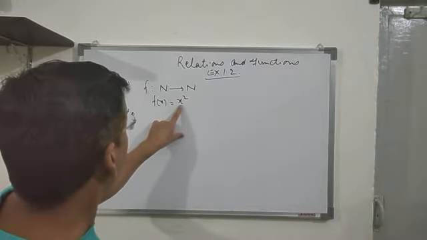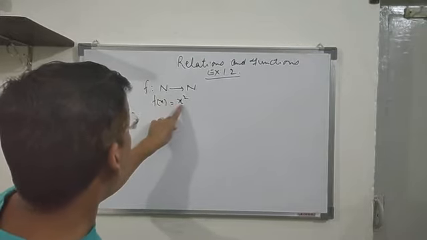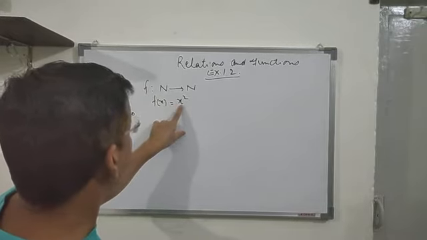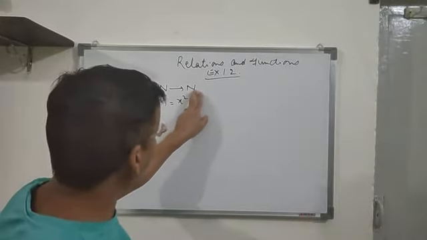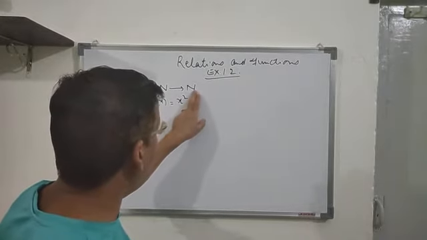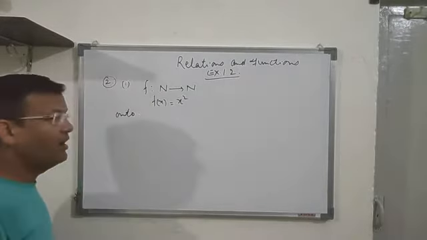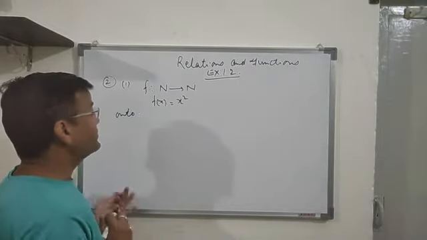Let's take it because it is the set of natural numbers. So, set of natural numbers, that means if I take any value in the right hand side, because we have to prove onto, that means if I take an element in the right hand side, suppose if I take an element 2 from the right hand side,